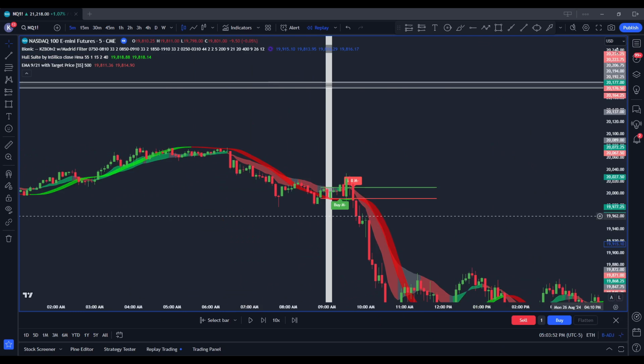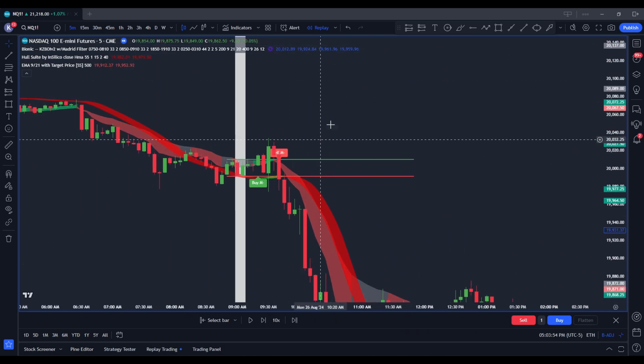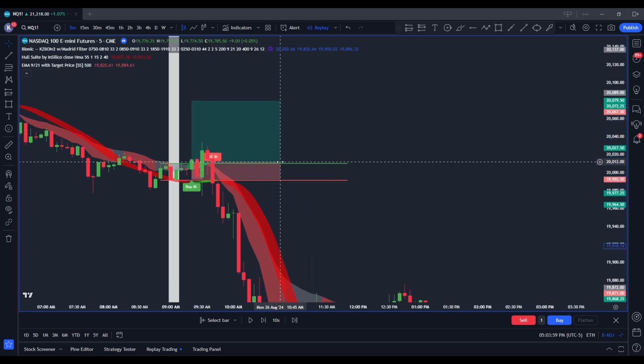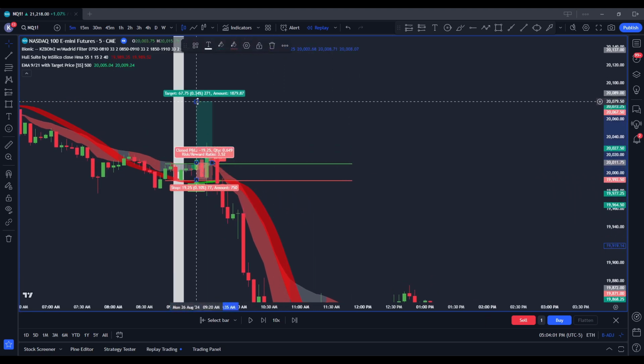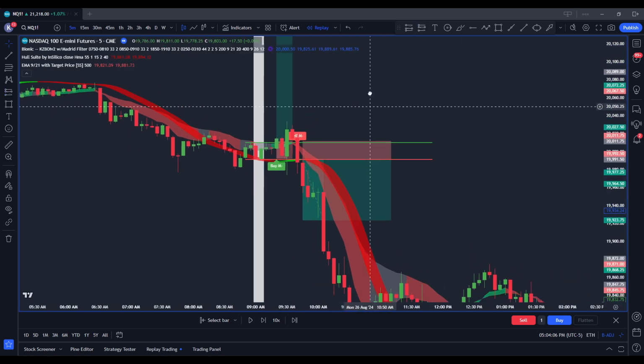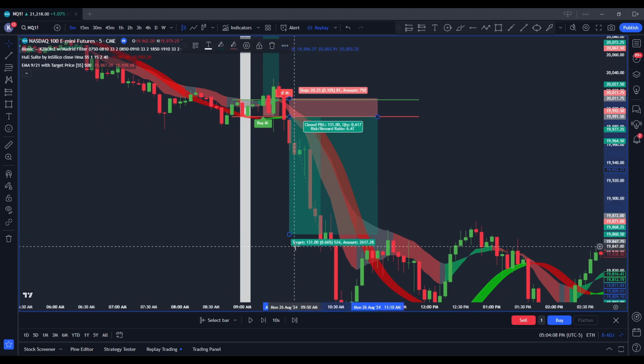Then we're going to do a loss on the first one and then a win on the second one, because we lost this trade right here. So the first one would be -500, and then the second one would be a win. So the first one, August 26th, -1, -500 loss, and then August 26th again, +4,